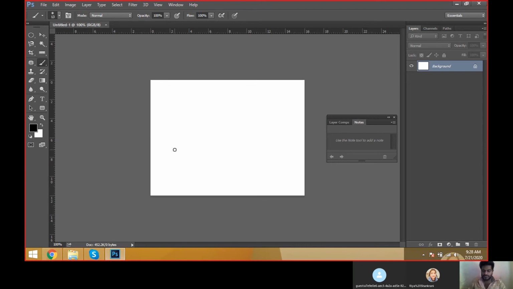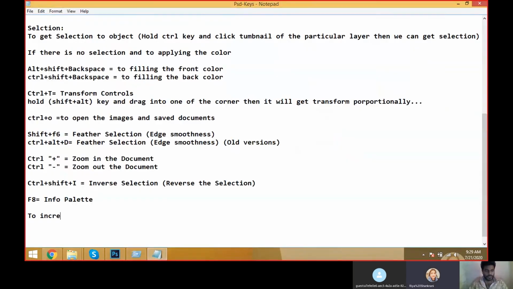Now take the brush tool. What do we do with brushes? If you want to increase or decrease the brush size, what is the shortcut on the keyboard? It is the square brackets to increase and decrease the brush size.